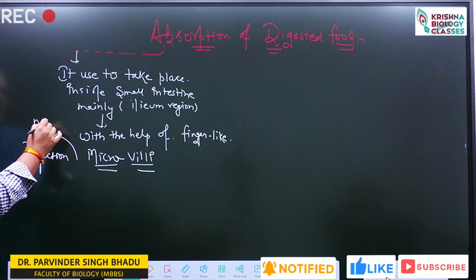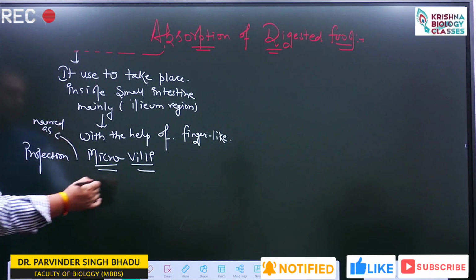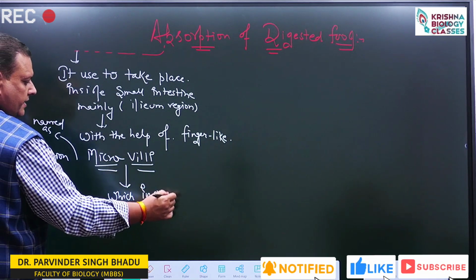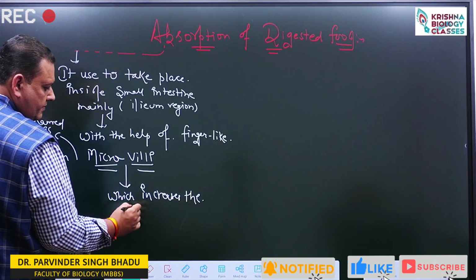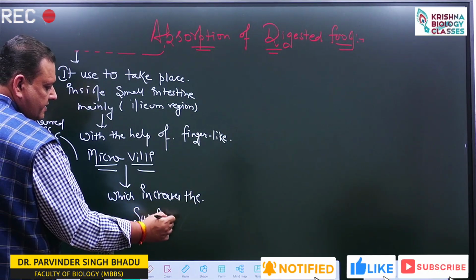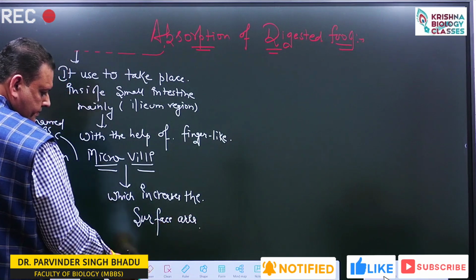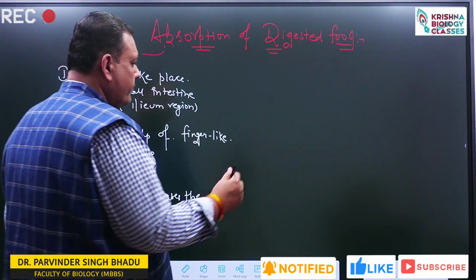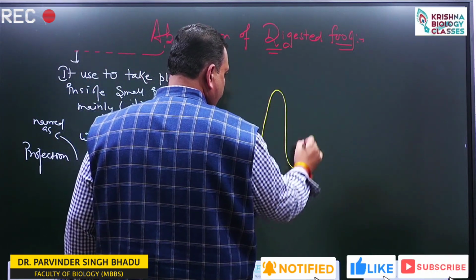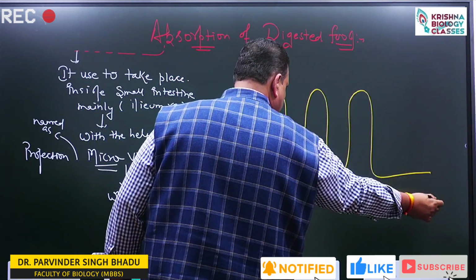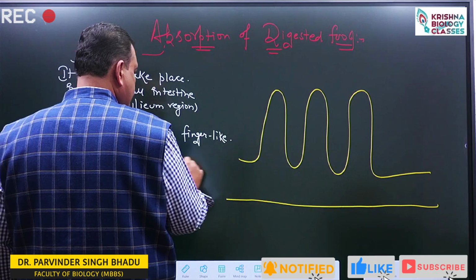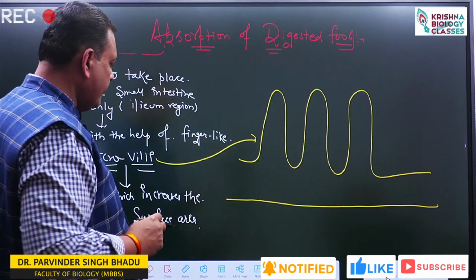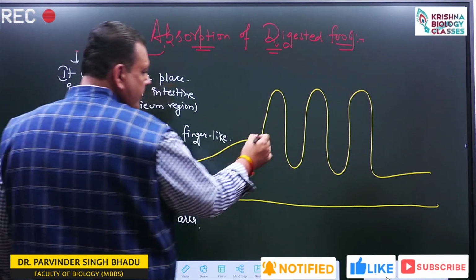Named as microvilli, which increases the surface area. If we see inside the small intestine, such finger-like structures are present which are named as microvilli. Inside them,